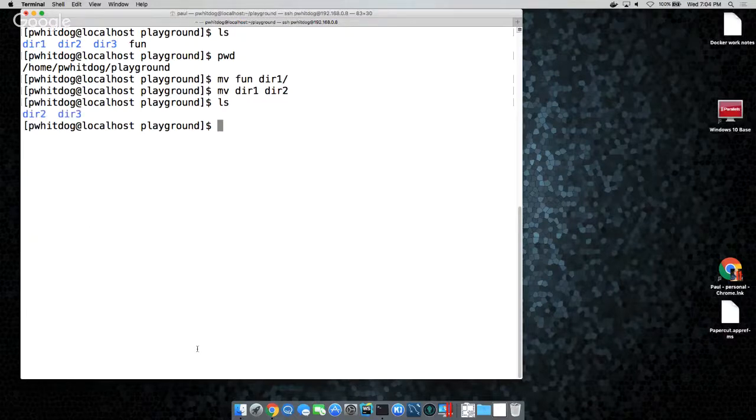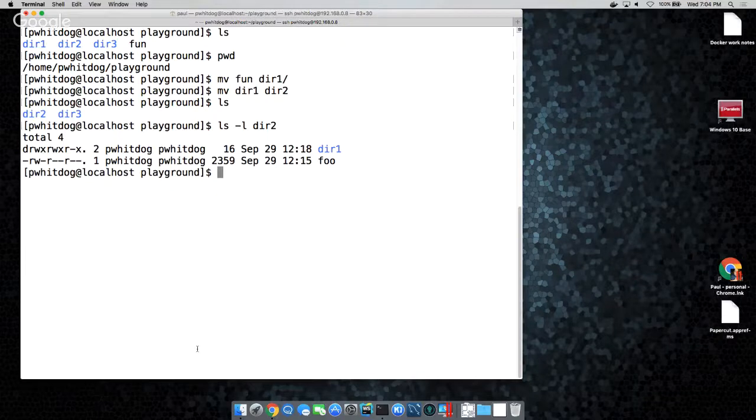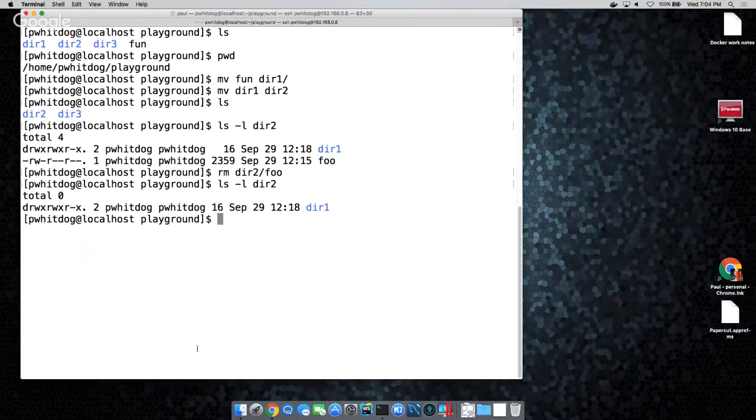So now ls -l on dir2. Okay, so we moved it. We had that extra foo in there. We'll get to remove in a minute. We moved dir1 under dir2, so now we have the directory structure dir2, subdirectory dir1, and under that is the password file, which is called foo now. Then he wants you to ls -l dir2/dir1, so you can see what's underneath that.